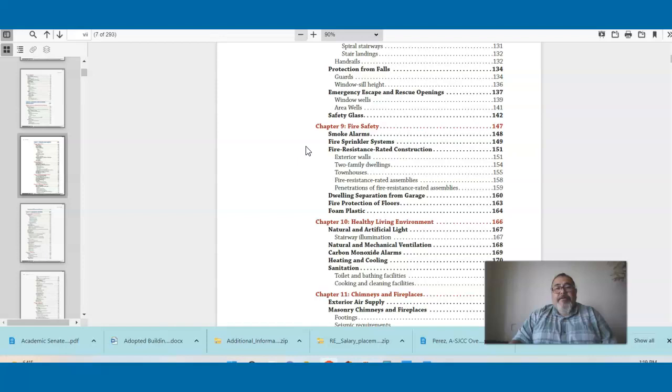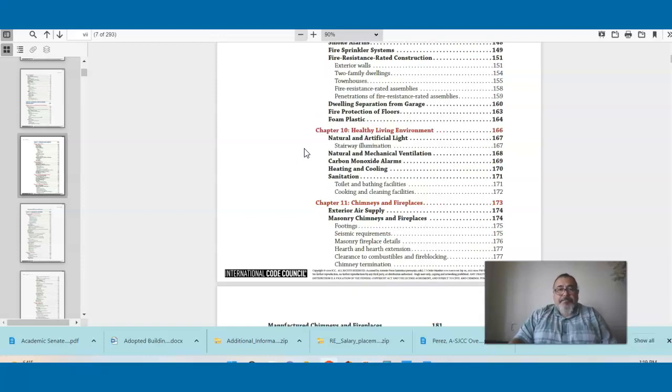Chapter 9 gets into fire safety, like smoke alarms, fire sprinkler systems, fire resistance and rated construction, exterior walls, 2 family dwellings, townhouses, fire resistant rated assemblies, penetrations of fire resistant rated assemblies, dwelling separations from a garage, the fire protection of the floor, foam, plastic,